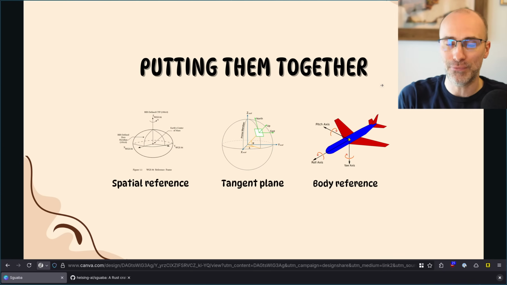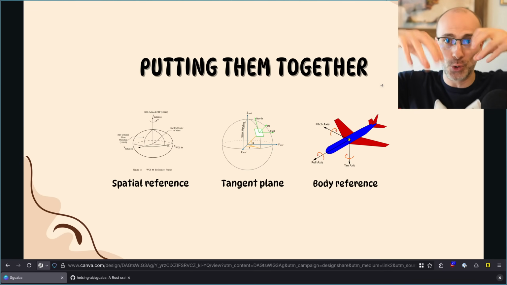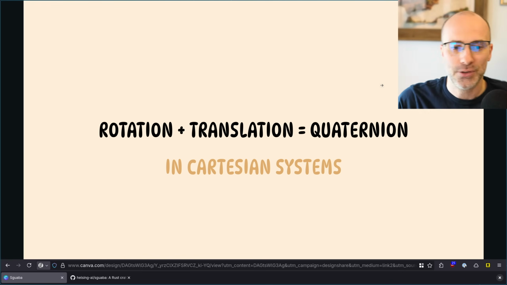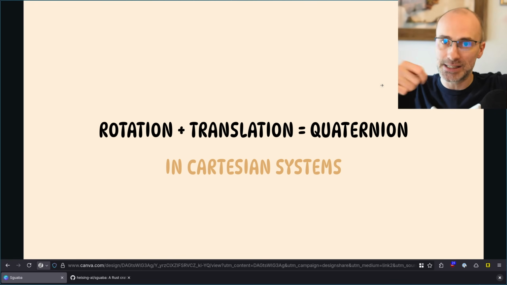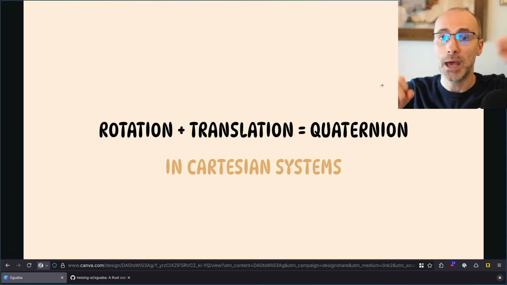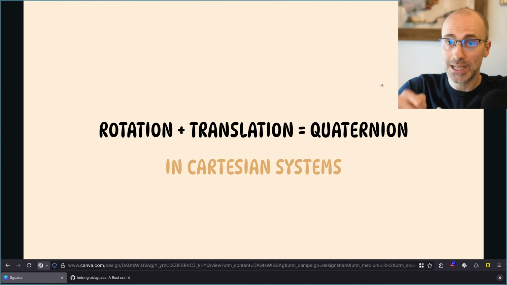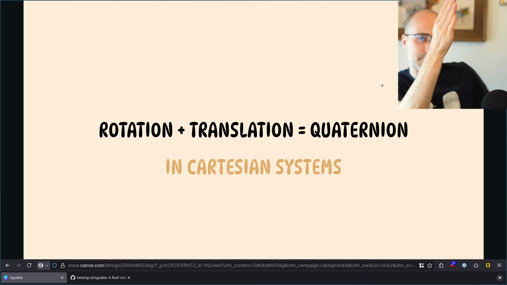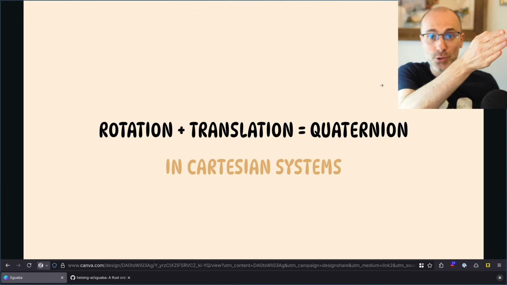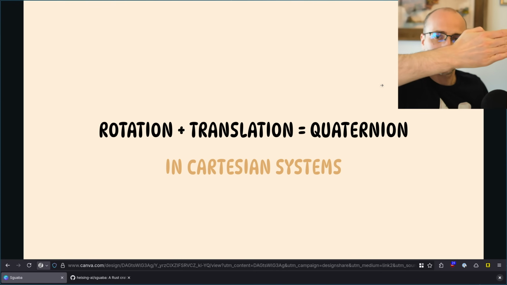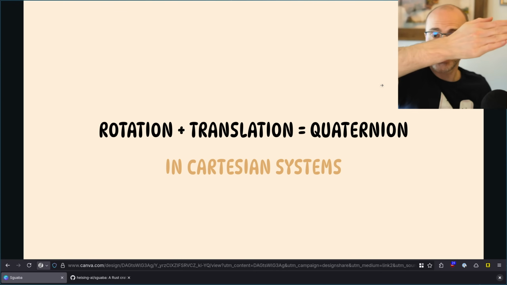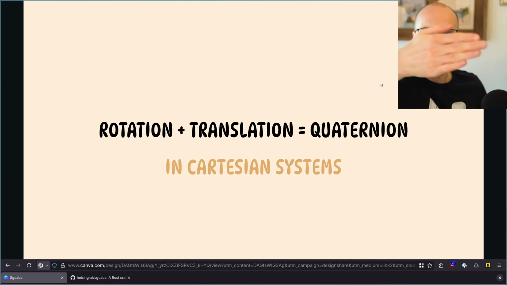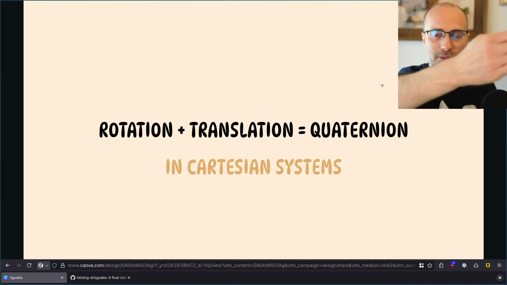And then you need a body reference to be able to talk about things in relation to yourself, where you are like an object in the world. Turns out that you can take any XYZ, any Cartesian coordinate system, and move between them just by doing a rotation and a translation. So imagine I'm standing here and you're standing over here. If I say something is that way, then to make that angle relative to you, I have to rotate it to where you are. But if I just did a rotation, then that vector is still pointing from where I am. And so I want to translate it to where you are, and now it's pointing in the right direction.